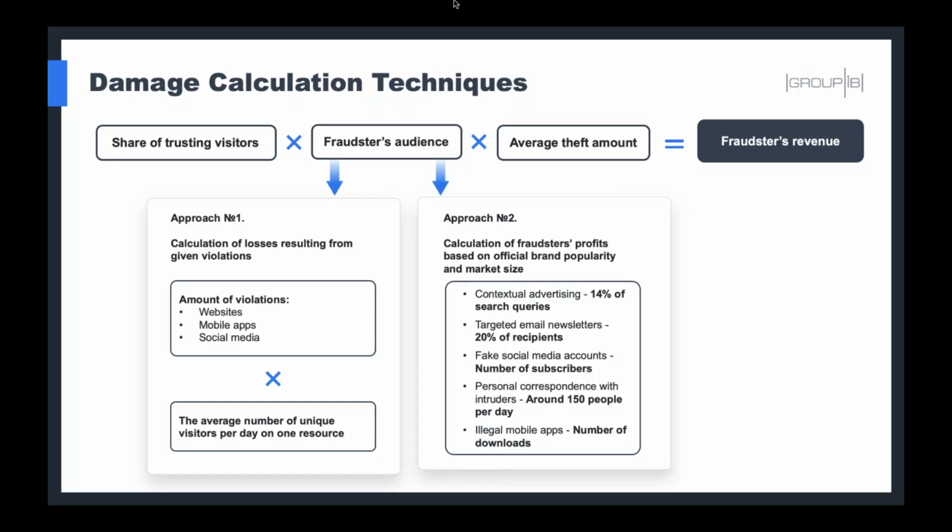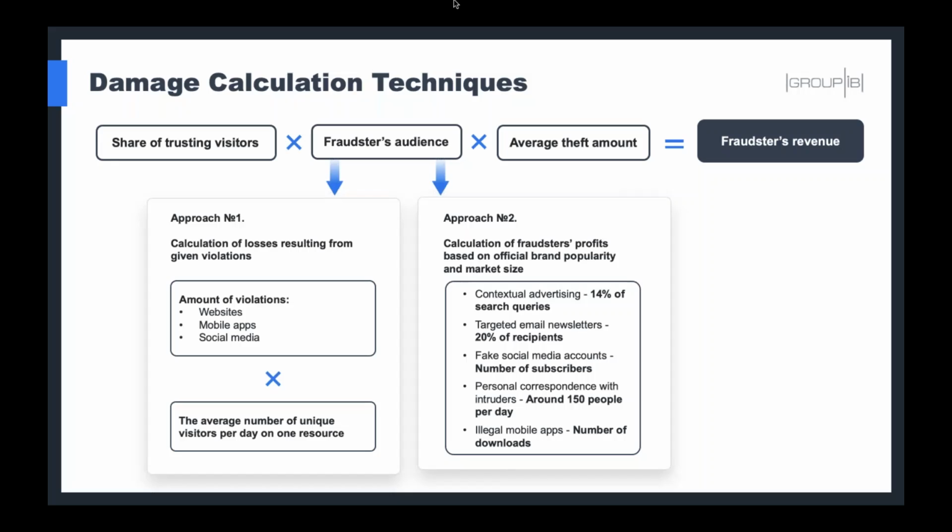Of course, whether your brand is rather huge or not, whether your brand is from one industry or from another industry, the second approach will show you a different amount of fraudsters' revenue, a different amount of your losses, etc. But the main problem is that the first approach, which is very often used separately from the second one,